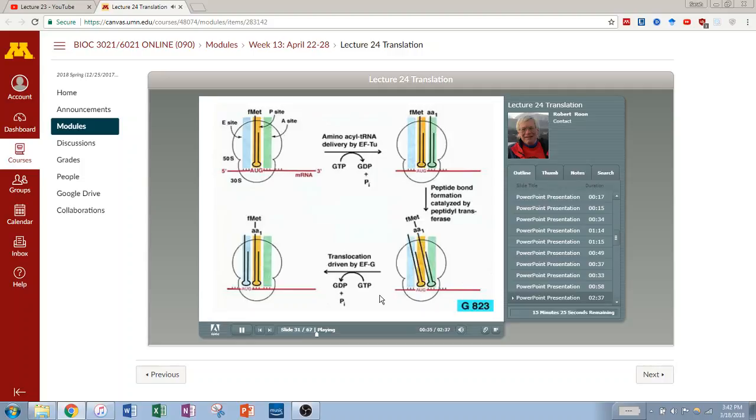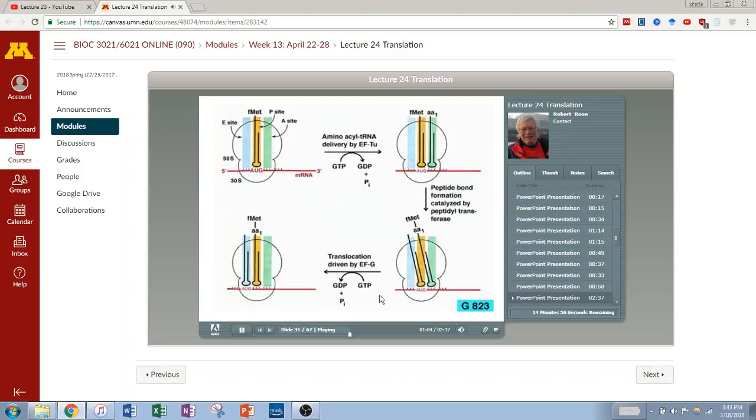aminoacyl tRNAs. For the first fMet, the 3' UAC anticodon sequence of the fMet tRNA would recognize the AUG codon of the messenger RNA. With an fMet tRNA attached to the P site on the ribosome, the next aminoacyl tRNA binds to the A site. That amino acid is delivered to the A site by elongation factor Tu, also called EF-Tu, in a GTP-dependent